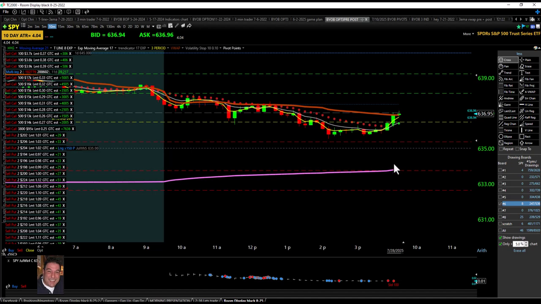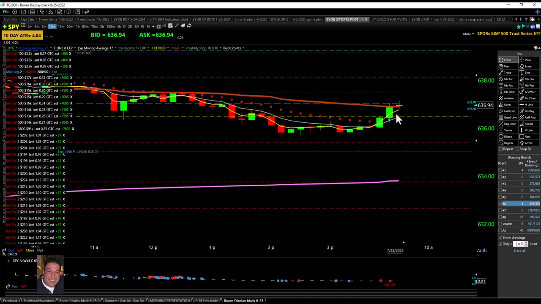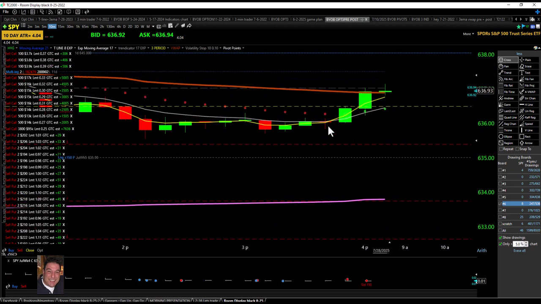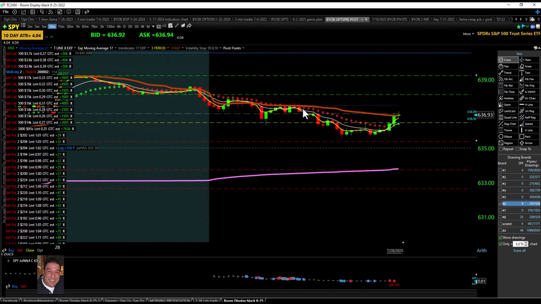That's what I feel like happens. All right, so there might not be a continuation of this 10-minute uptrend. Notice the 10-minute uptrend is only 1, 2, 3 candles strong. It's a really weak 10-minute uptrend. For the most part, you can see the strength of the 10-minute downtrend having much more candles in the downtrend. Failure to make a higher high probably means they're going to come back down and test the